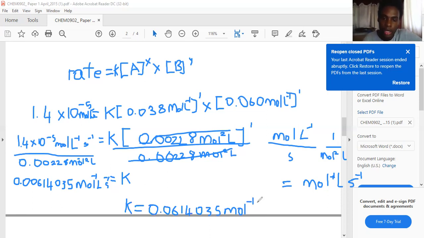One of the easiest things you could do is remember certain orders of reaction, like the order of reaction for this equation is a second order reaction. How we know the overall order of reaction for this equation is that when you multiply the orders of reaction for the two reactants, that will give you the overall order of reaction for the equation, right? And different orders of reaction for the rate constant give you different